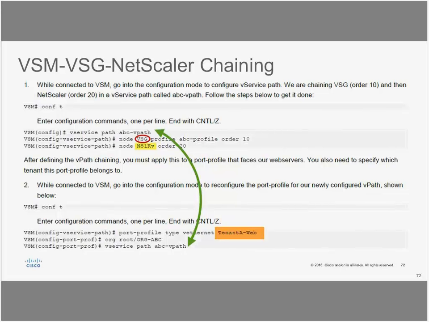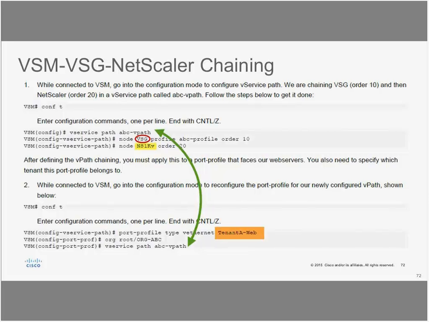And that depends upon how you want the traffic to be protected. But the most common way of doing it is first you protect the traffic within your VLAN, and the first place it should go is the VSG. Then once the VSG gives a security clearance, you go to the further conditioning of the traffic. If the VSG itself fails the traffic, if it's not bound to a specific policy and it fails the compliance, then there is no need to further work on the traffic if it is going to be dropped eventually. And in the current mode, we support VSG to ASA and not the other way.